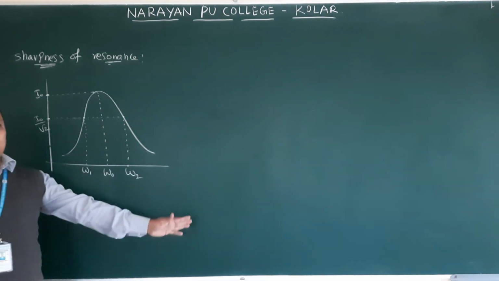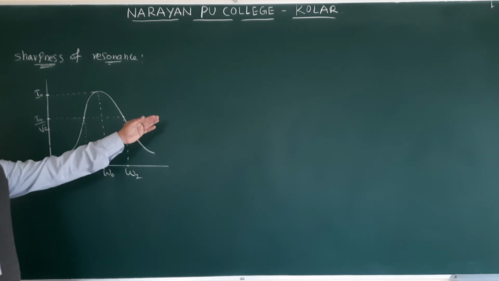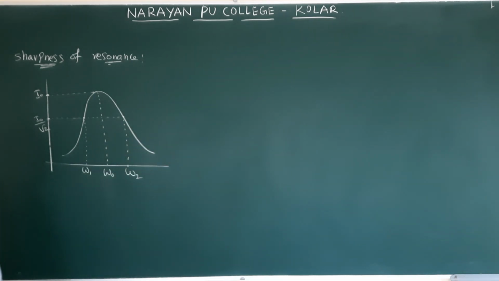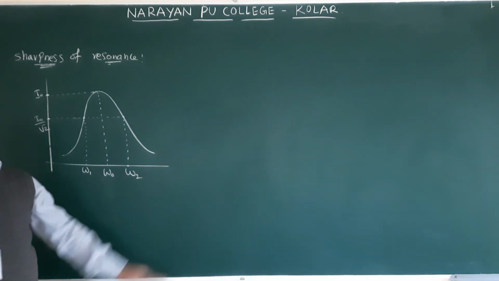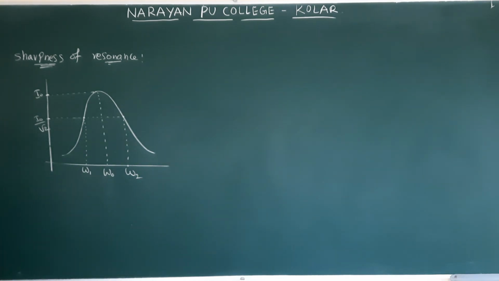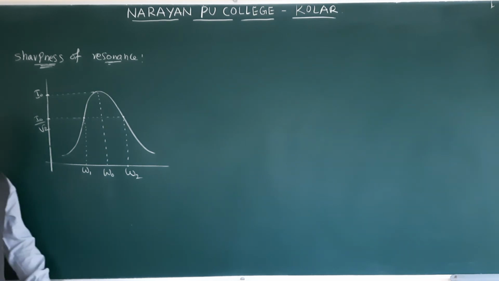So the derivation will be coming. This derivation is not that important, they have never asked it. They removed this quality factor also. But we are learning it for competitive purposes. You can't skip it, therefore you have to listen carefully.